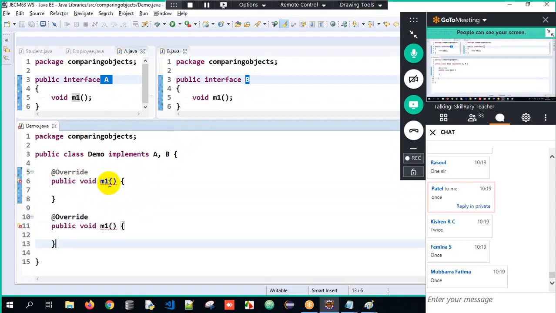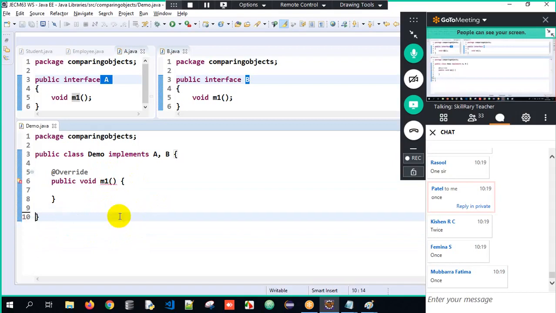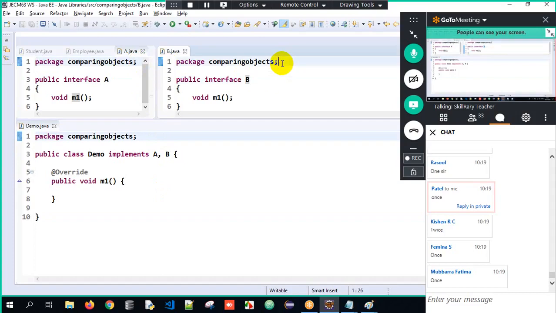When I try to have two methods over here, method overloading logic will go wrong. What is method overloading? In a class, having multiple methods with the same name, but they should differ in arguments. If I try to override it twice, these method overloading rules will go for a toss. So when two interfaces have the same declaration, we override it only once. A will assume it's its implementation, B will assume it's its implementation. There is no ambiguity created at all. Clear? Got the clarity here? Understood?